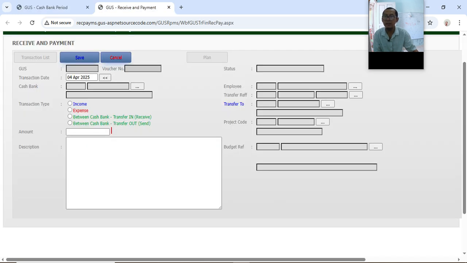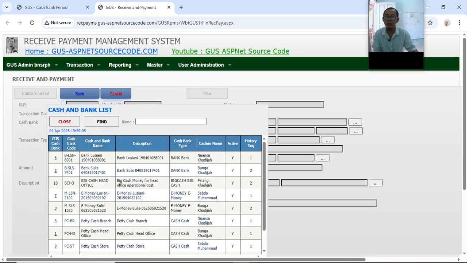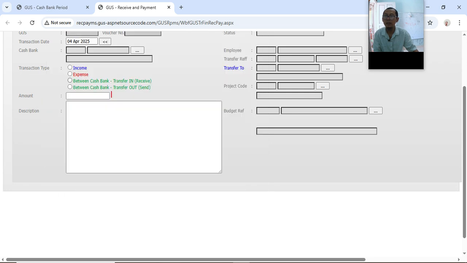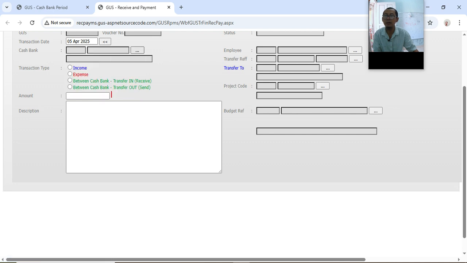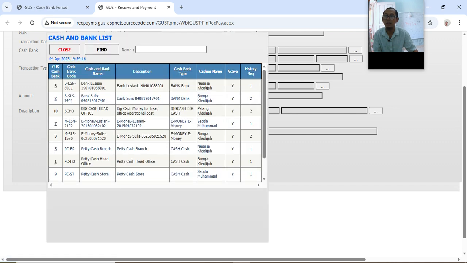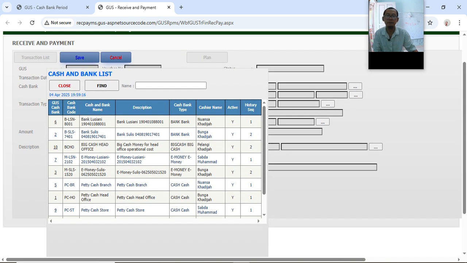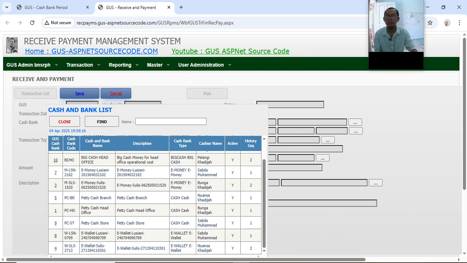Now let's check in our cash bank. Oh my god, it is not here. So let's change the date to 5 April. Okay, I try to find it.